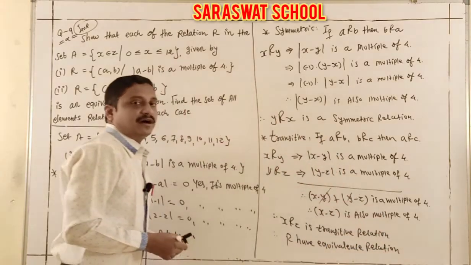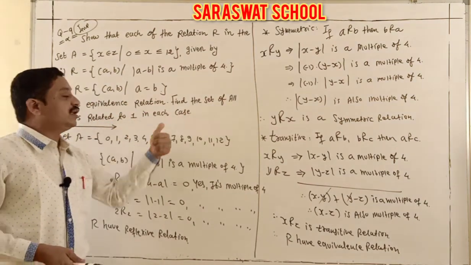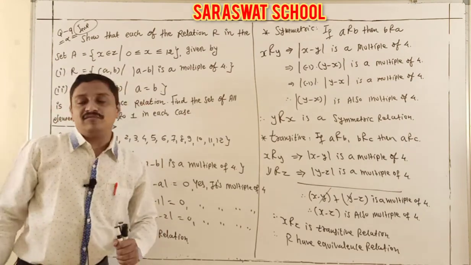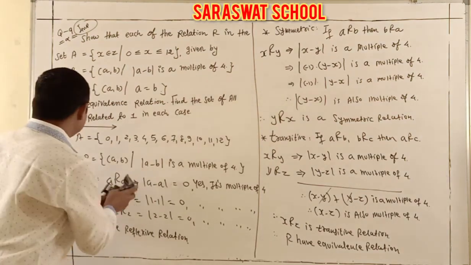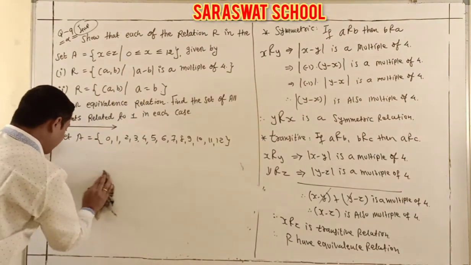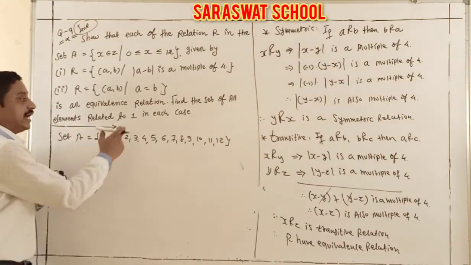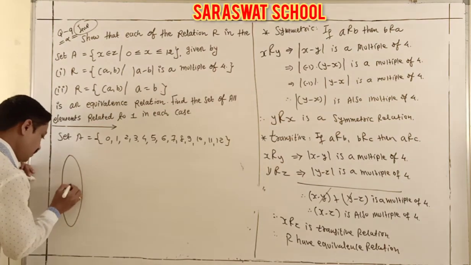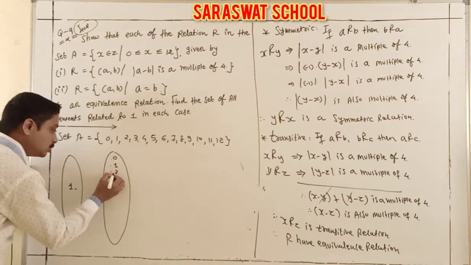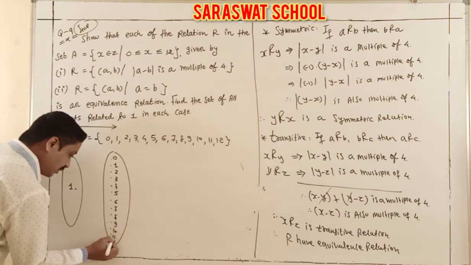Yes, here is our ending. Now I check and find the element 1 in each case to the equivalence relation, where x minus y is a multiple of 4. It means it is an interval defined according to your given values. So students, now in this, from 0 to 12, I am going to take element 1 only. So these are element 1, our domain, and these are our codomain: 0, 1, 2, 3, 4, 5, 6, 7, 8, 9, 10, 11 and 12.